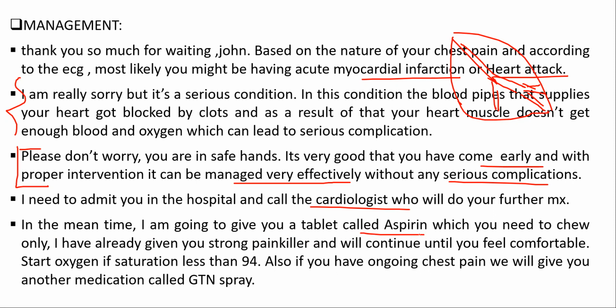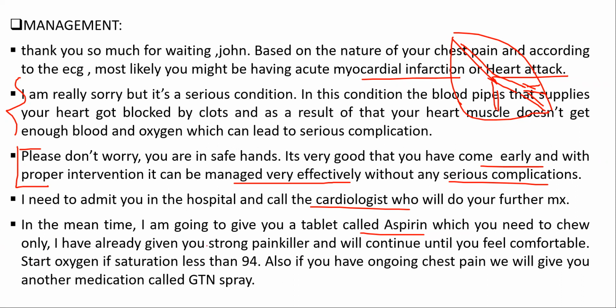Like, it depends. If you have already given it initially, you just say that you have already done that. If you haven't done it initially, then if you say it now, they will still pass you. It's totally fine if you forget to mention that initially, but now in your management you are saying that, because it's totally okay. So in the meantime, I'm going to give you a tablet called aspirin, which you need to